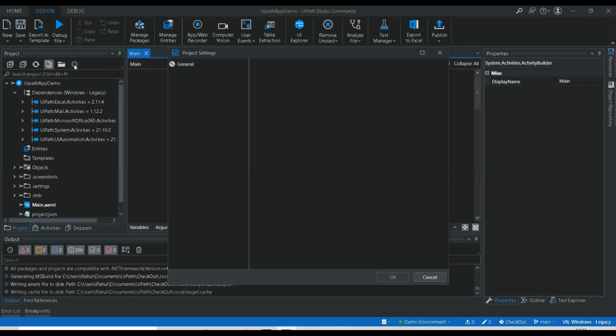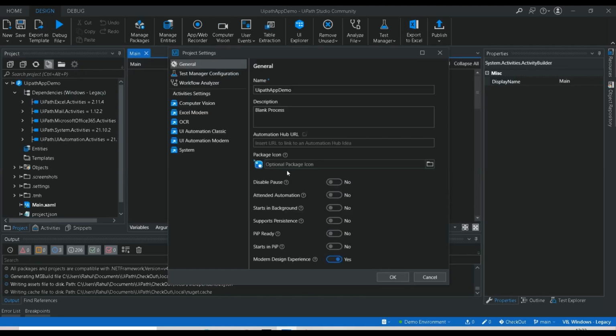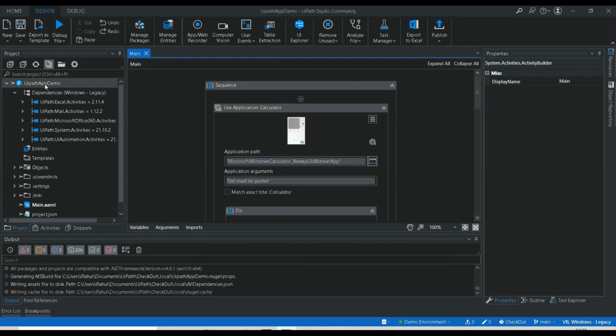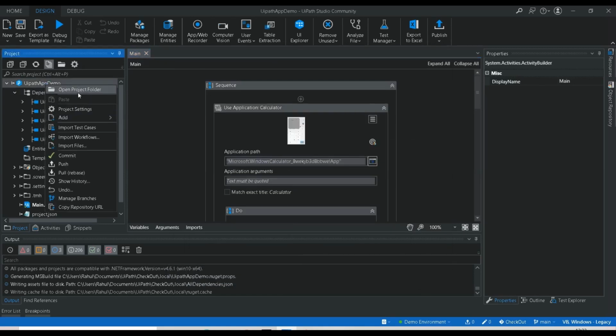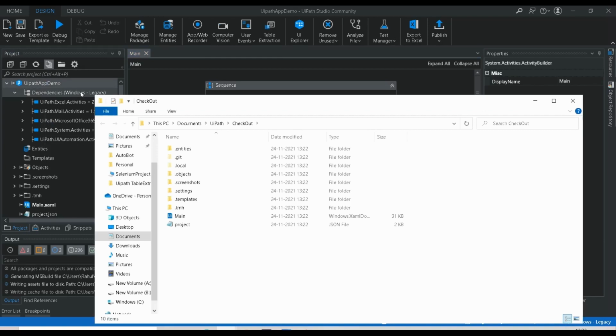So go to settings. Okay, let me click on this, click open project folder. Okay, so now you can see the project which you cloned from the repository to UiPath Studio is opened in